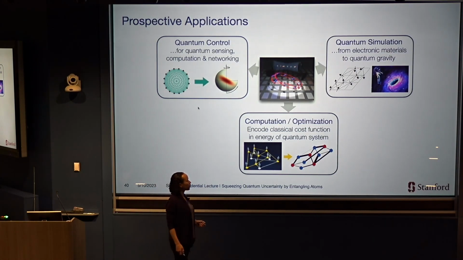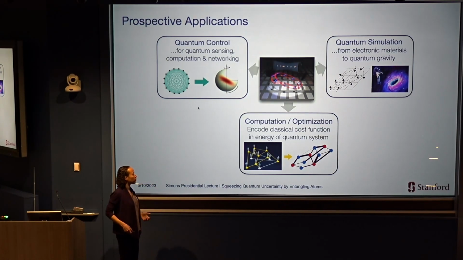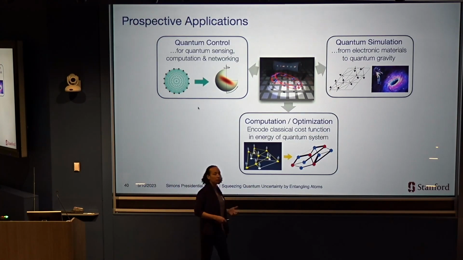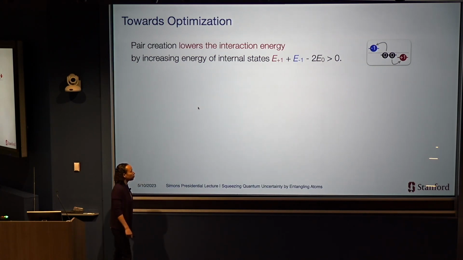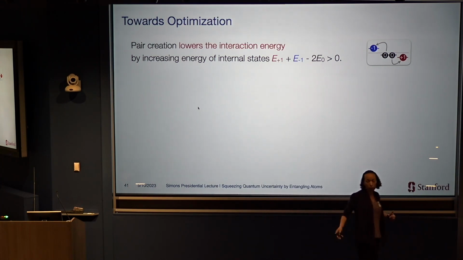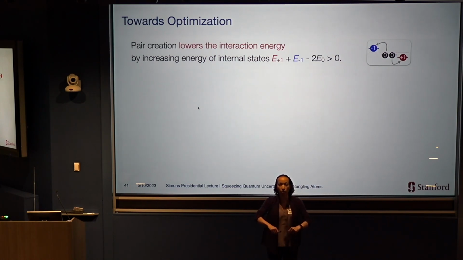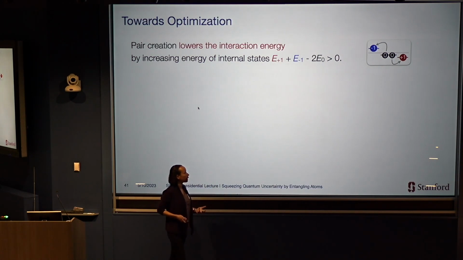And we can also potentially use this as a set of tools for this direction of simulation, and I'll come to that in a moment. But let me briefly give an illustration of why we think this system is interesting from the standpoint of optimization. So in our system of spin 1 atoms, there's a wrinkle I didn't tell you about before, which is that when we create these +1, -1 pairs, the energy of a +1 and a -1 atom in and of itself is a little bit higher than the energy of 2 0 atoms. So there's an energy cost to creating these pairs if I just look at the internal state energy.